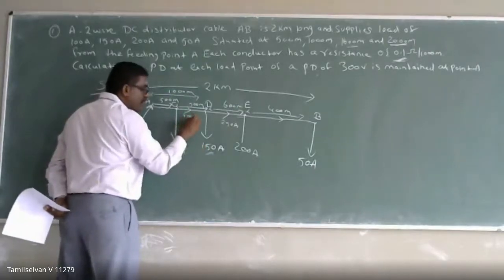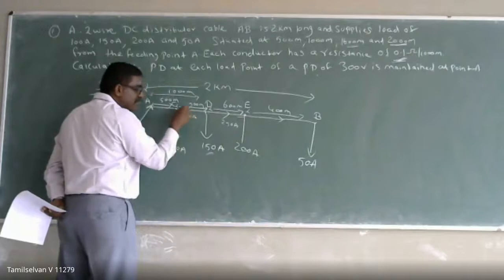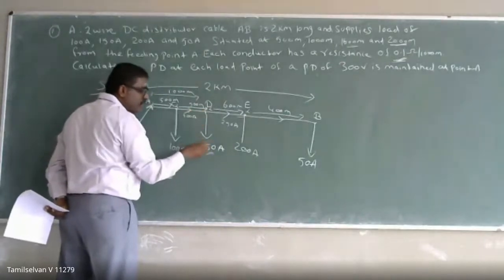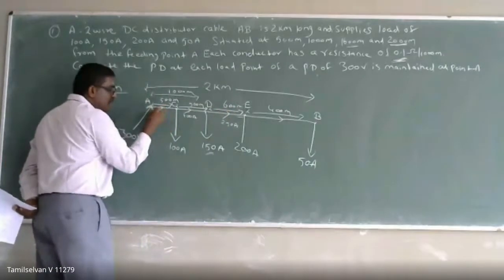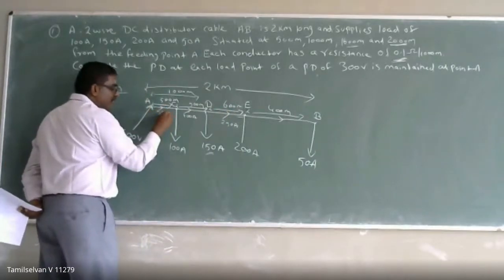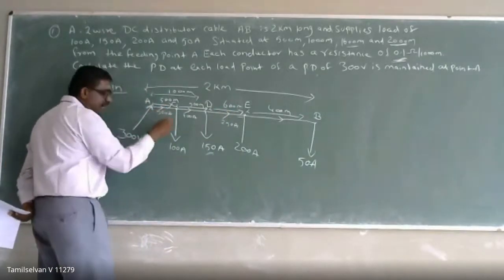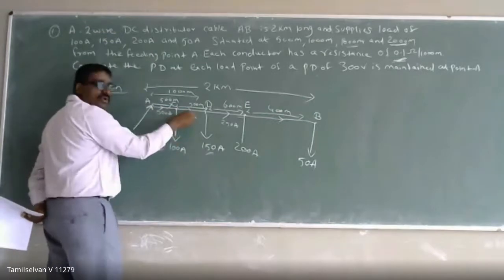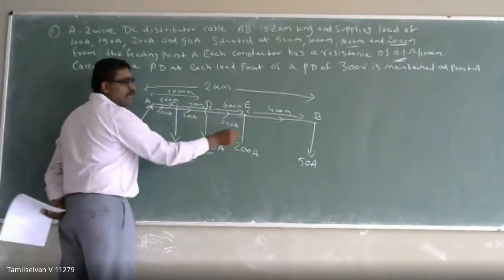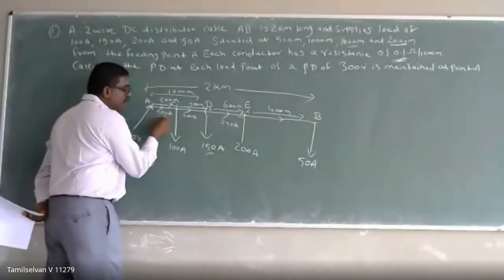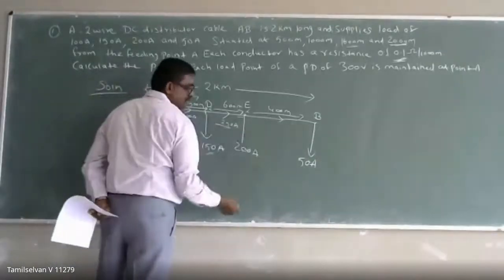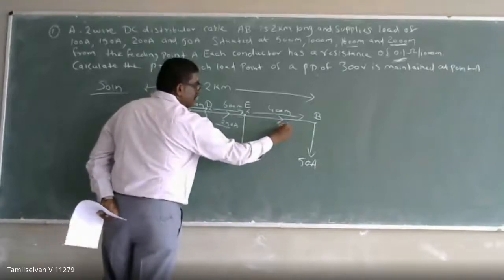Okay, so if you have 400 ampere of current coming from the section, then only you can divide it into 150 as well as 250. So what about here? If it is going to be 500 ampere of current, then only you can divide it into 100 and 400. So by using a simple current division rule, I can determine my distributor current.